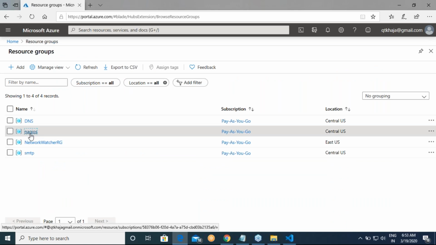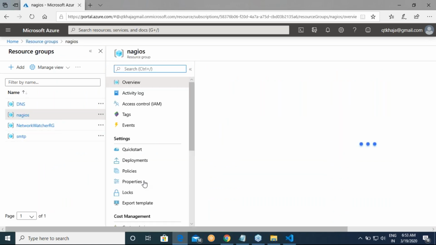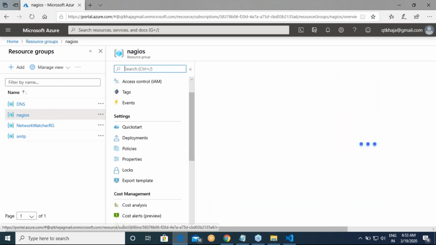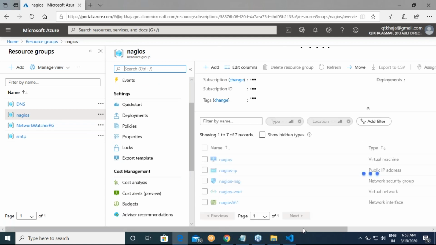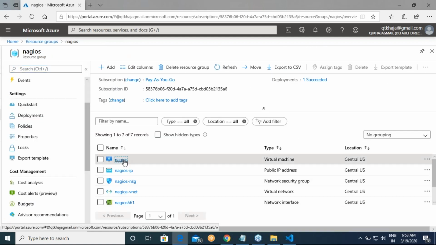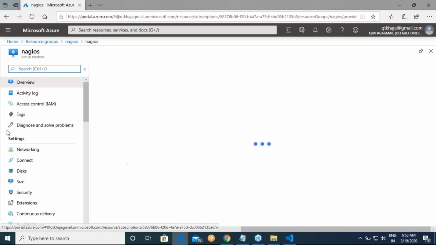All right. I have one machine already over here. For this machine, I have a disk.